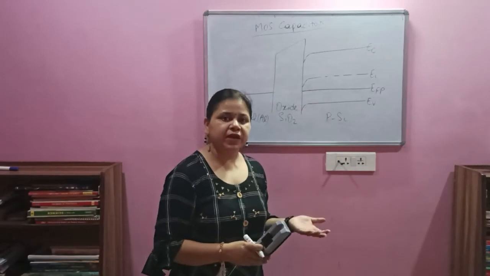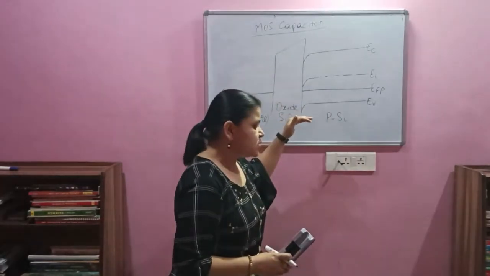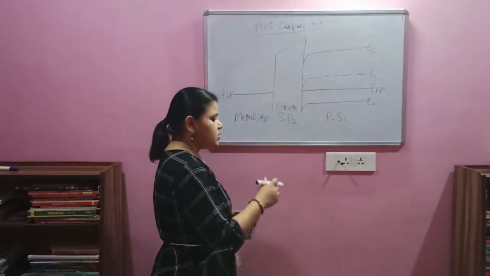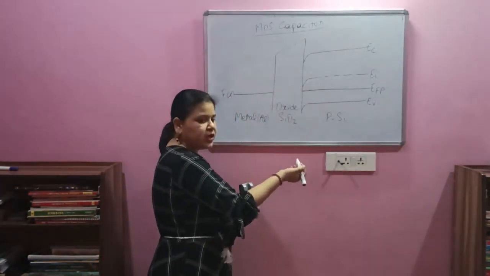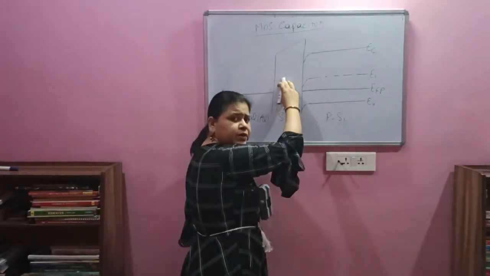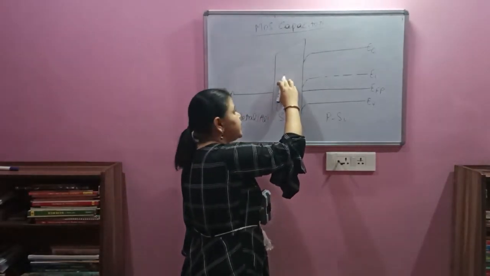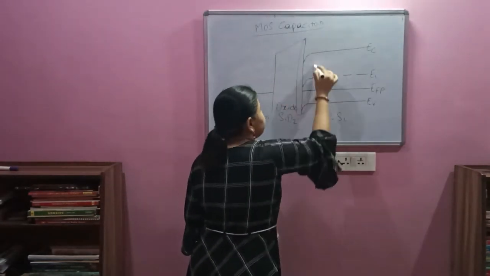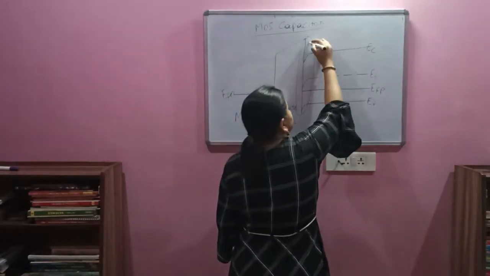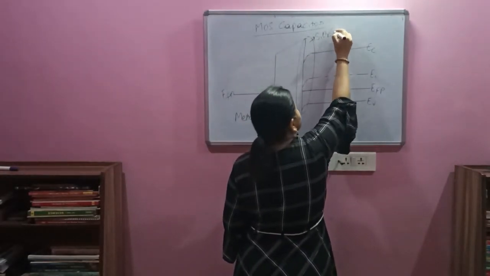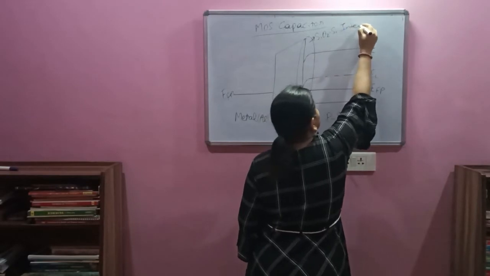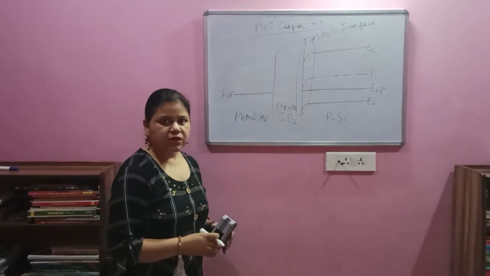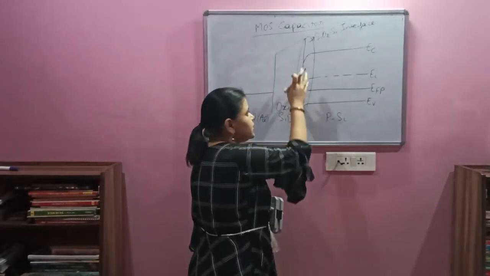Now from where does this bending come? Because when this alignment is taking place, a voltage drop across the MOS system is being developed, and a part of that built-in voltage drop occurs at the oxide layer and at the surface layer, this region which we call the surface layer, which is also known as the silicon dioxide and silicon interface, or it is also denoted as the interfacial region. The bending happens in this region.